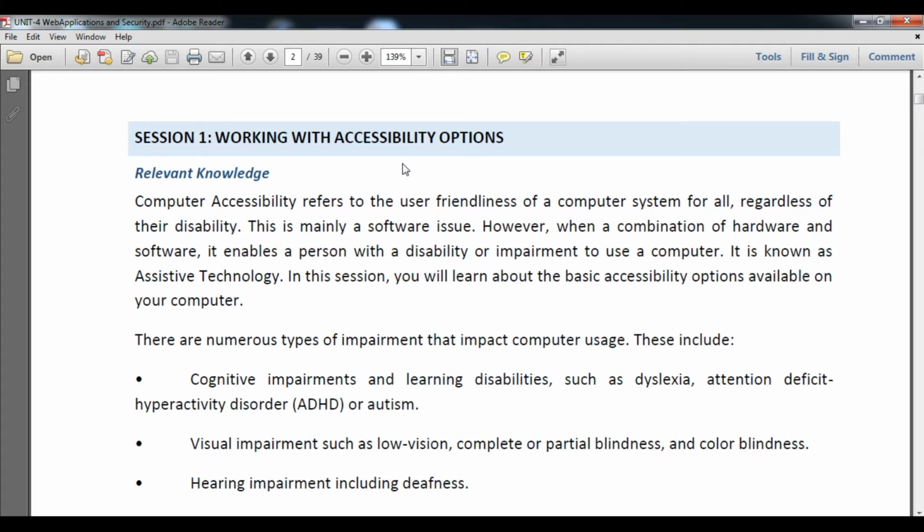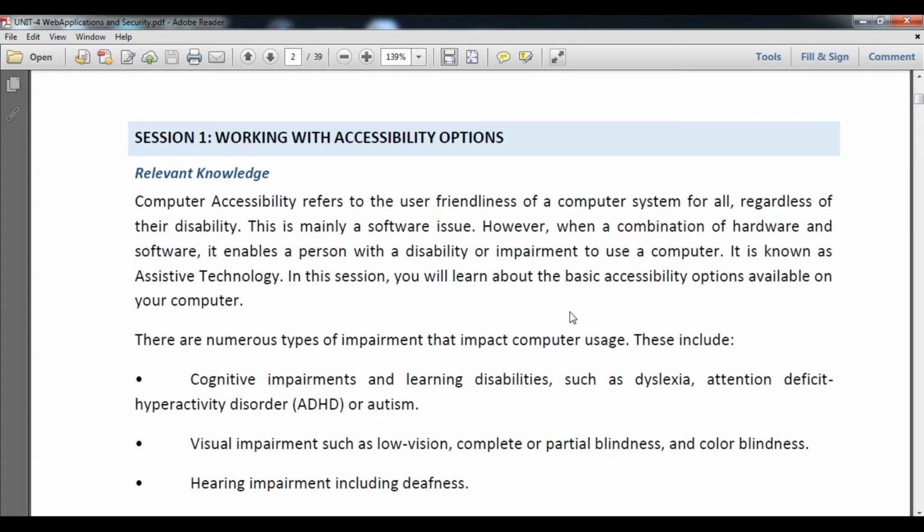This may be possible with the help of a combination of software and hardware. So it is known as assistive technology. Whenever a disabled person can access the computer with the help of a hardware and software combination, this term is known as assistive technology.